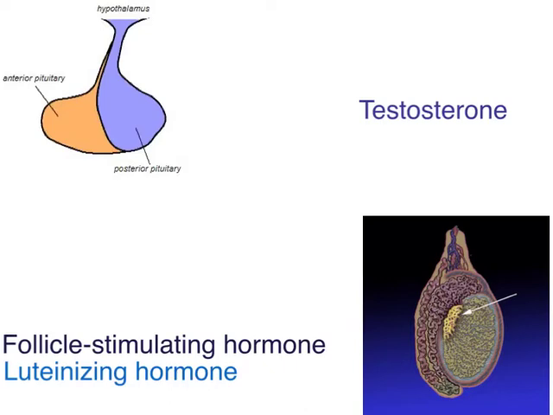Alright, so there are a few terms that we're going to go through here, a few different areas that we haven't talked about before, because we're dealing now with the endocrine system, which is the hormonal system, more specifically in mammals. And I'm going to introduce you to just one area here called the anterior pituitary. This is the area that becomes more active during puberty. So we have a guy just starting puberty. The anterior pituitary is going to begin to release two hormones.